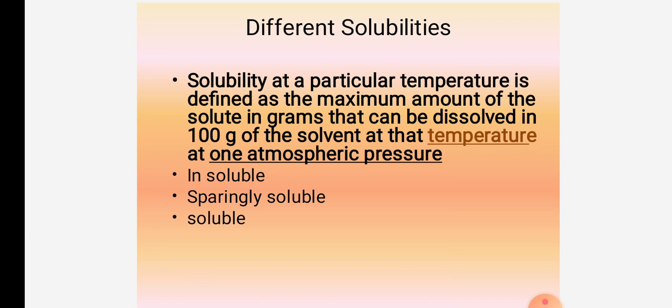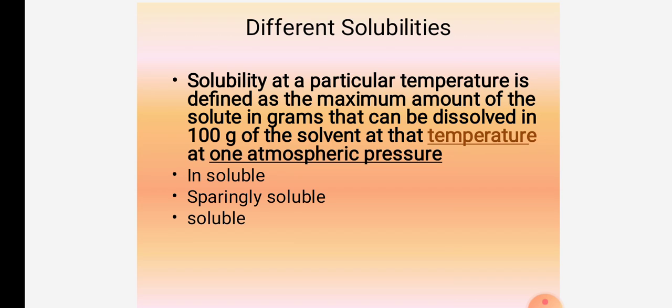So, the solubility of different substances is different. Okay, for a given solvent. What is the given solvent I have taken? I have taken water. In the lab we are taking 3 salts. For example, we are taking sodium nitrate, potassium nitrate, and sodium chloride. Will the solubility in 100 gram of water be the same? No. So there are different solubilities.